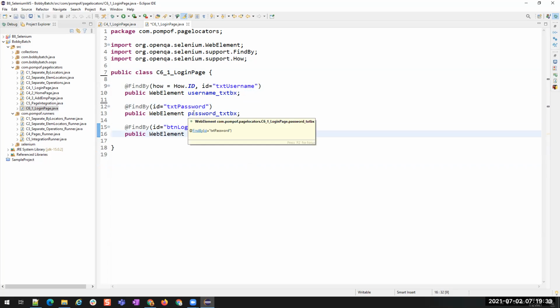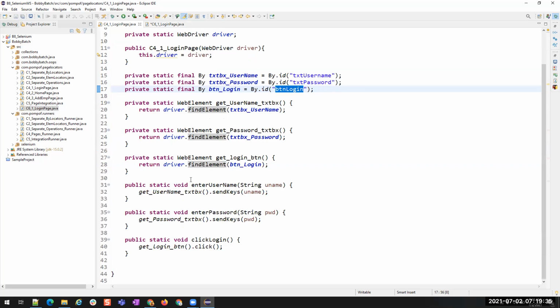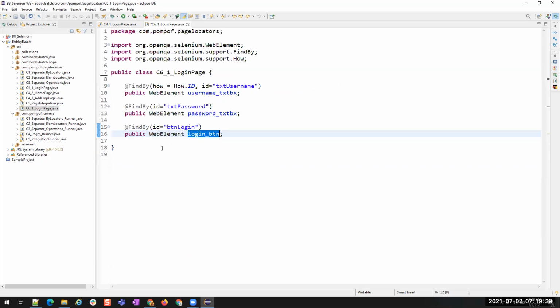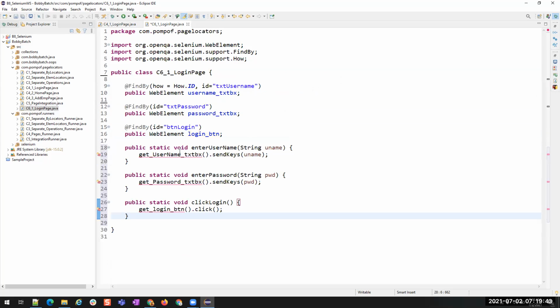Now you have to perform the operations on it, right? So we have written some methods here to perform the operations. The same methods will be there here. But instead of calling a method, as in our previous class, now we will just use this variable: username.textbox. Okay.